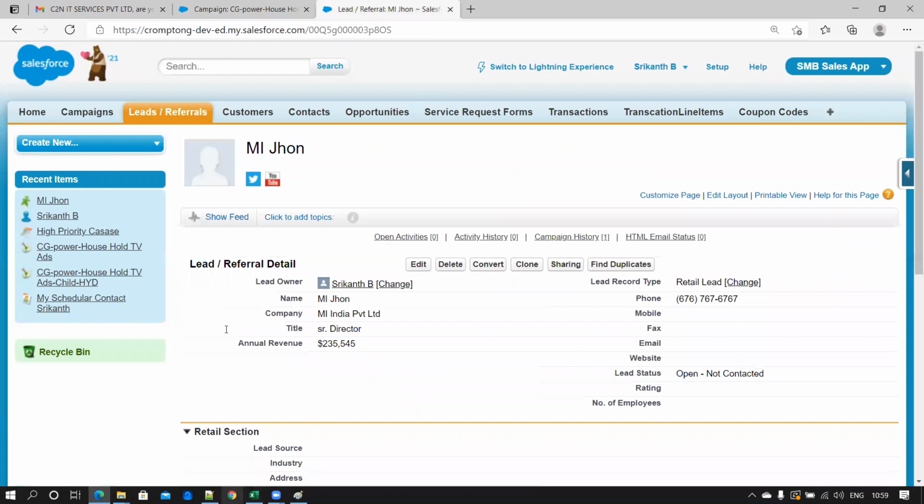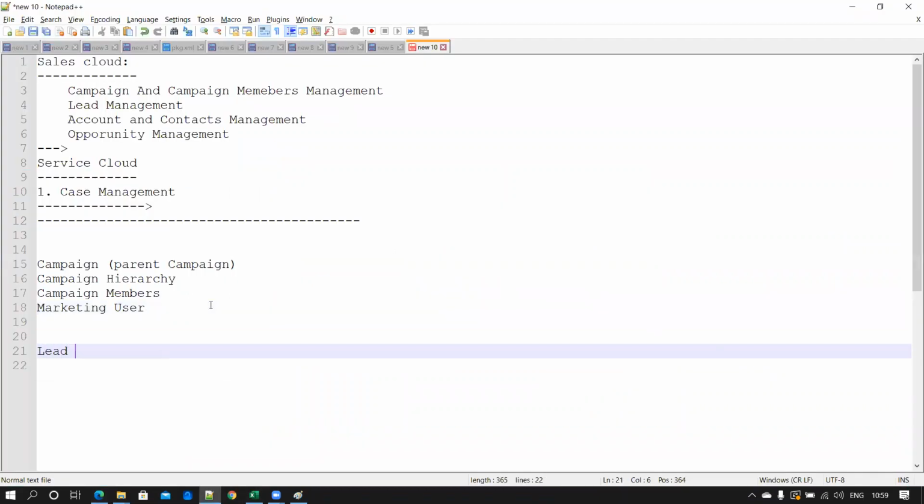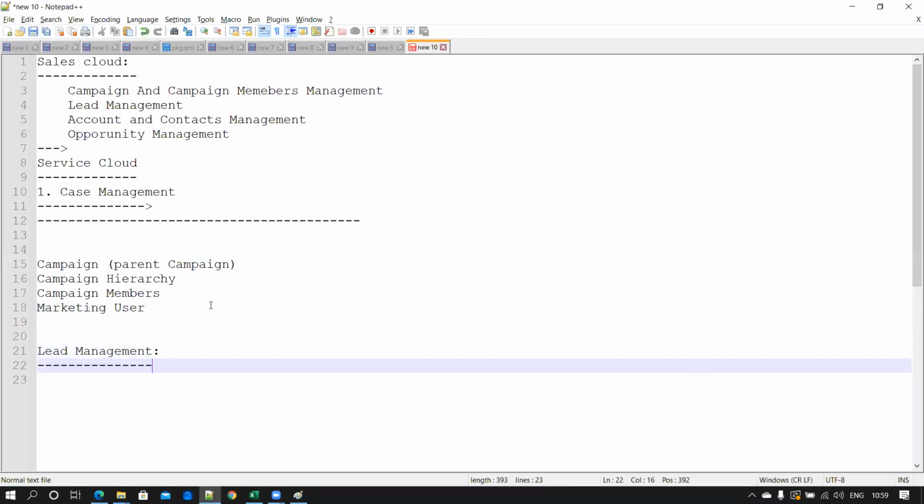Now let's come and discuss lead management. Lead management is very, very important. Most probably, I can say 70% of questions will come from lead management. Okay, this is very, very important. So lead means,